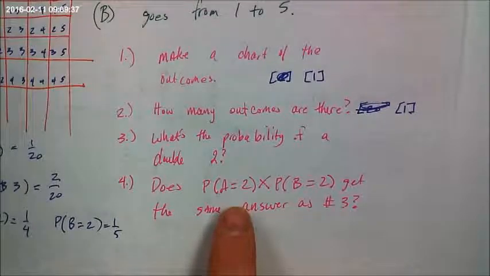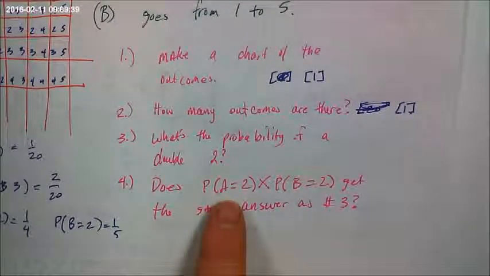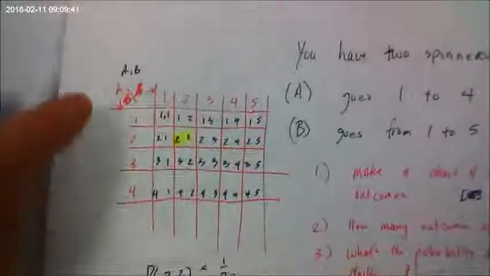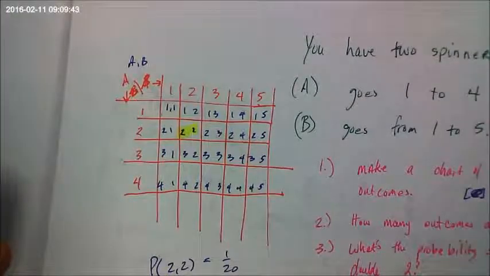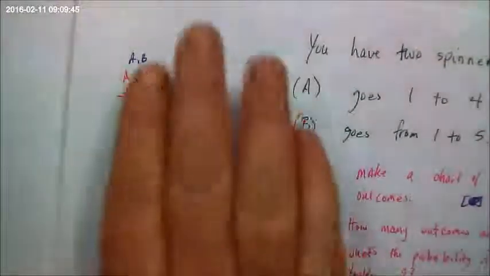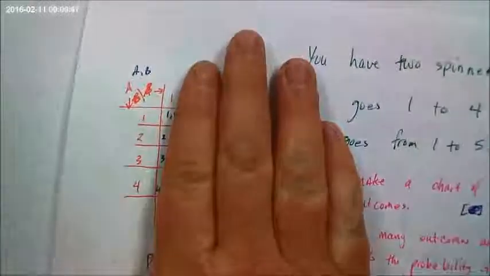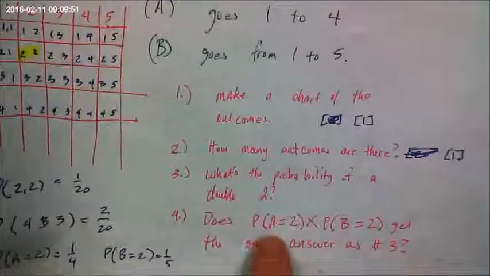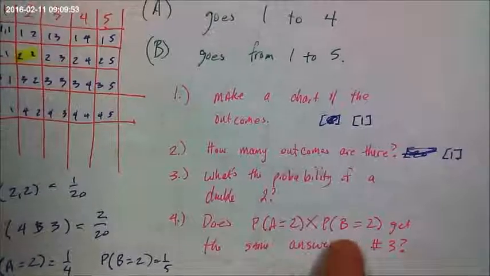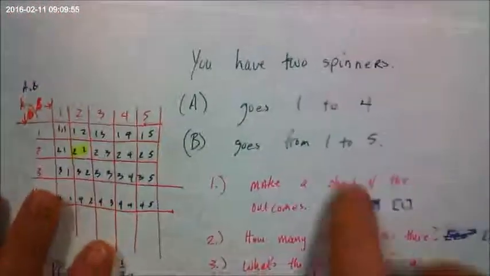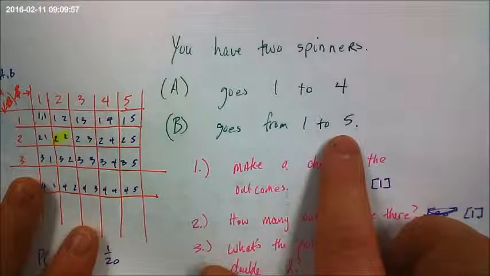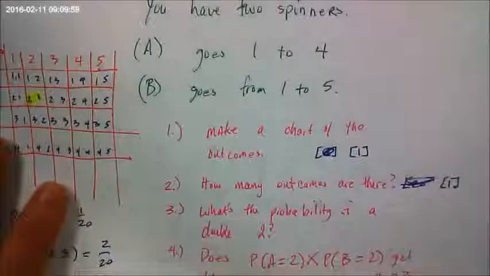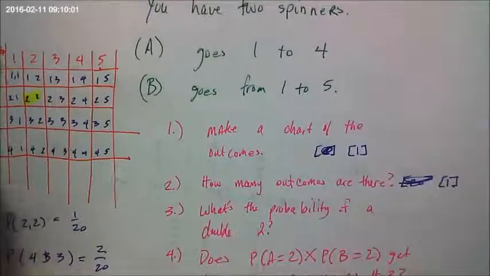Okay, did she tell you that you have to find the probability that spinner A is 1/4, because spinner A could be 1, 2, 3, or 4? By itself, not even worrying about the other spinner? It's just 1, 2, 3, or 4, because it's not saying with both of them, it's just the one spinner. And this one's just spinner B, which goes from 1 to 5. So to get a 2 would be 1 out of 5.